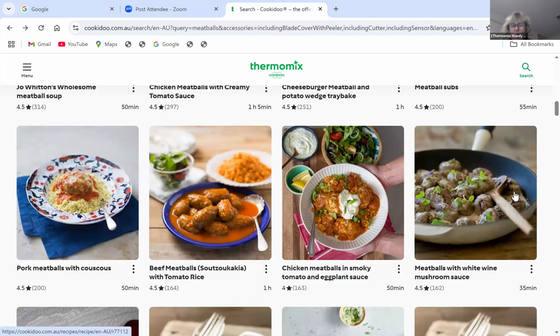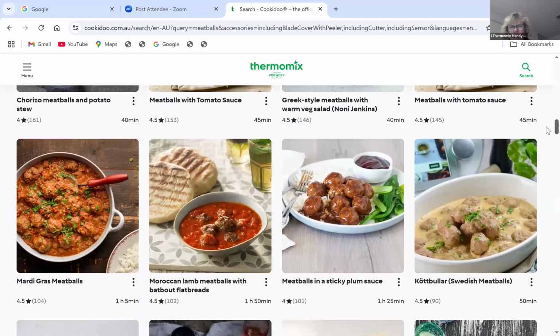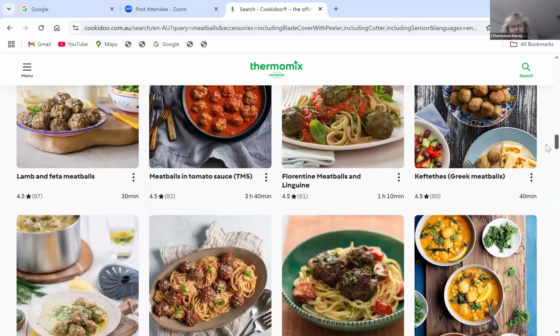Meatballs in white wine with mushroom sauce. That also sounds really nice too. Greek style meatballs with warm veg salad. I've had that. That's really nice. So there's so many alternatives. Sticky plum sauce. Mardi Gras meatballs. Swedish meatballs. So we're going to get some repeats because